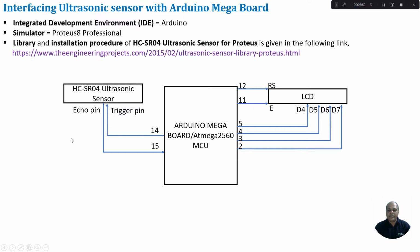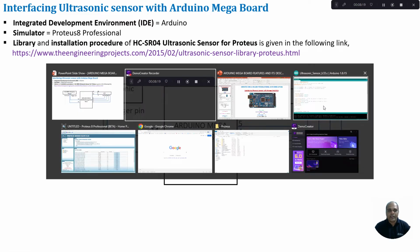Once this is done, we can import the hexadecimal file which we have created using Arduino IDE to this circuit, and then we can check the logic. We try to measure the distance of the object to the ultrasonic sensor, and that value will be displayed on your LCD. So now let us go and see how to add the library